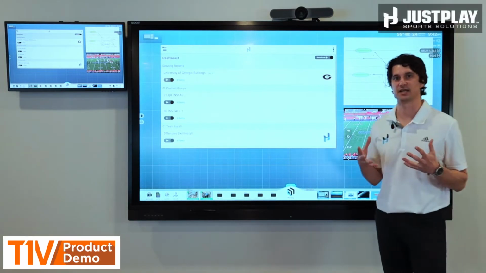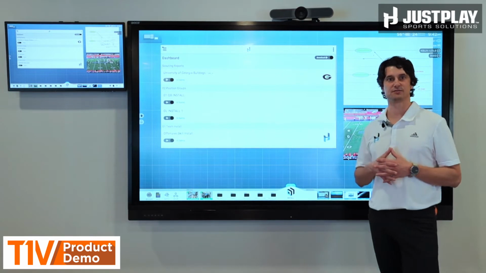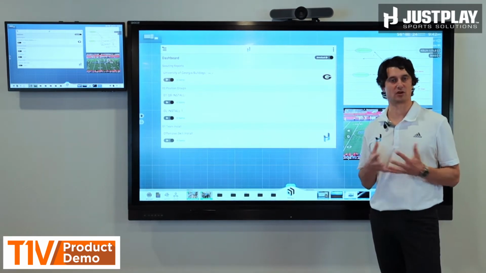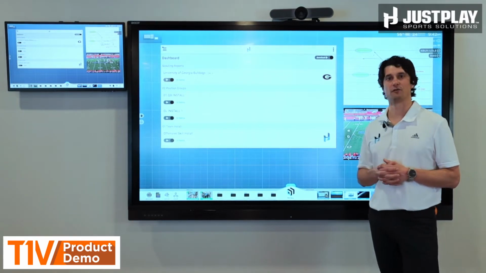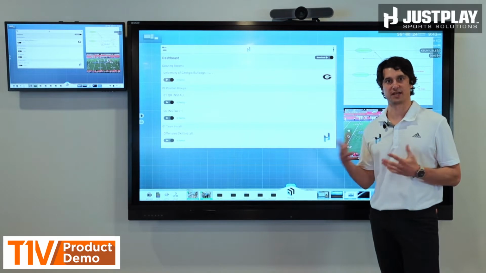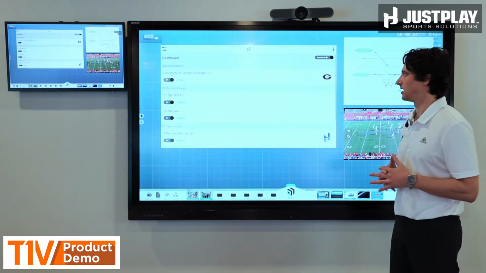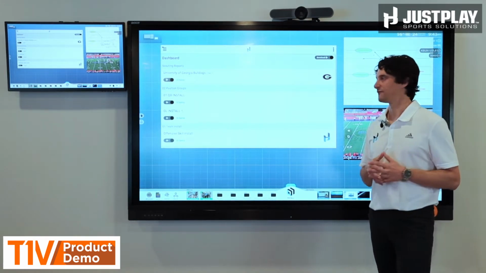What's great about these two technologies is it's going to allow you to take these into your meeting rooms and make your meetings with staff and players more collaborative, more interactive. It's just a better overall experience in your daily workflow and how you prepare for practices and games. If you're not using our player app as a presentation tool, it's kind of where I want to focus